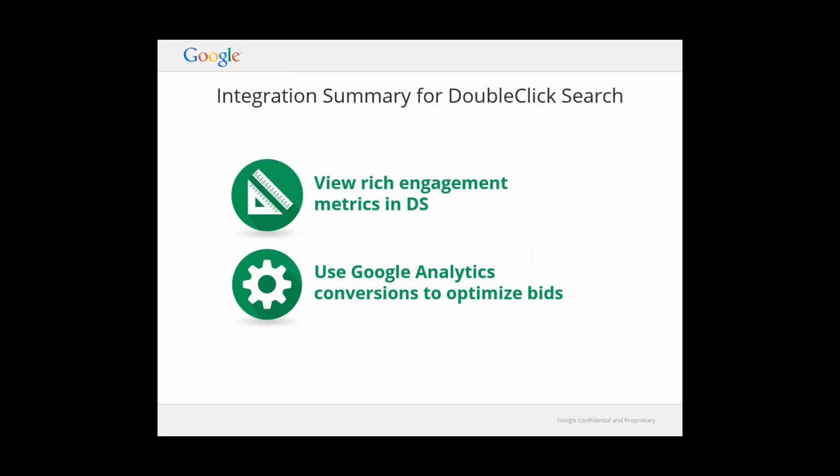So next slide. This is the summary for this integration. Again, you can view rich engagement metrics in DoubleClick Search, and you can use Google Analytics conversions to optimize the bids. If you put all this in the context of the DoubleClick integrations and the broader context of this session about campaign optimization with analytics, you see that as a next step, where we see leading organizations